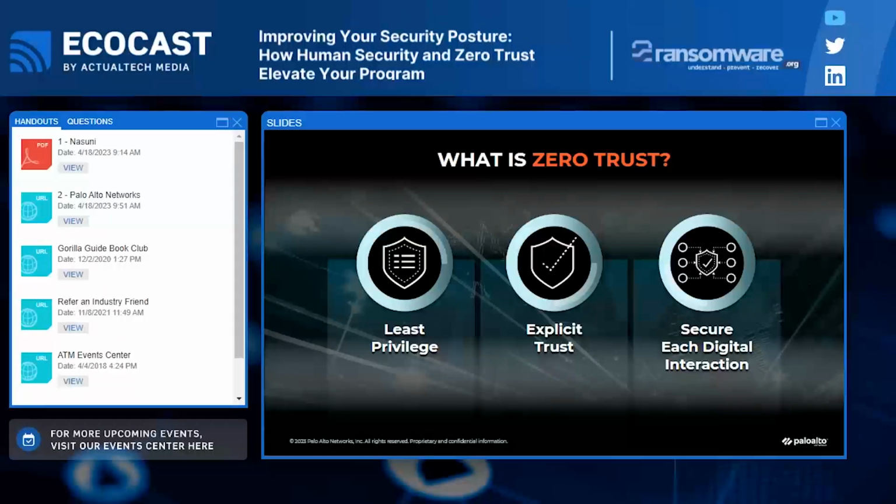And I should have the same rigors in terms of least privilege and explicit trust elimination applied to that session. That's what Zero Trust is all about. It's eliminating the ambiguity around user, device, location, data, all that fun stuff. And again, it's important to understand that Zero Trust is an outcome. It's an outcome of doing security properly.